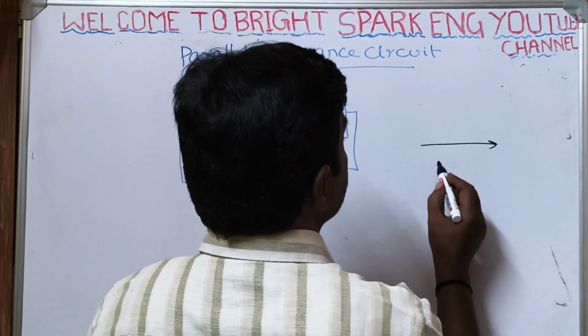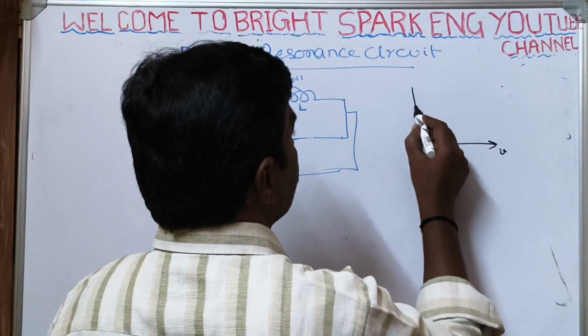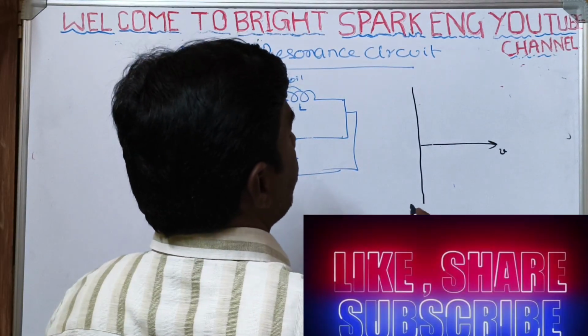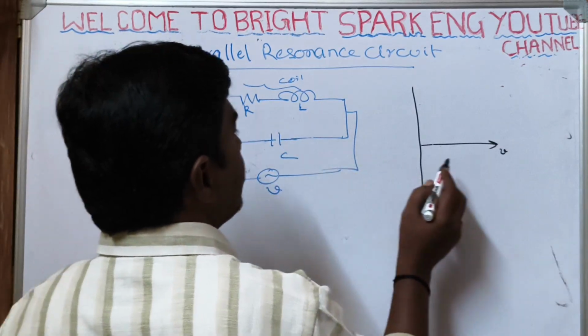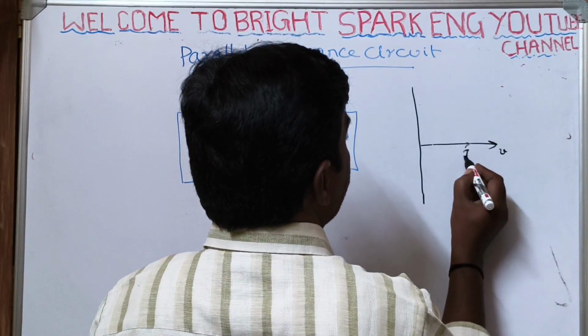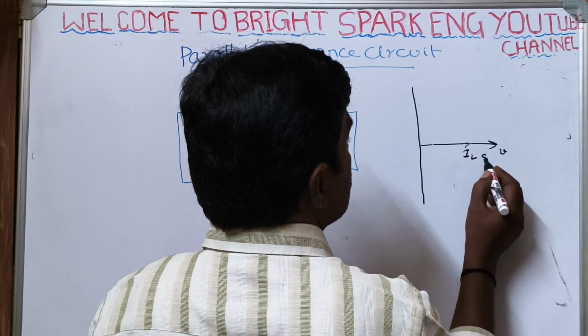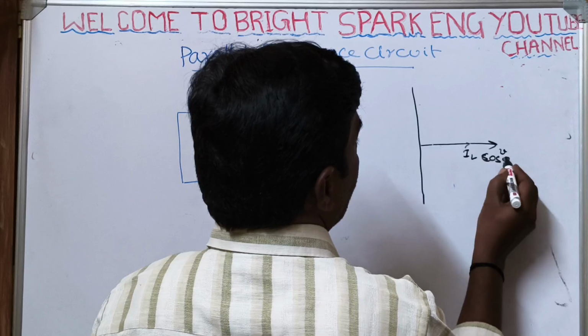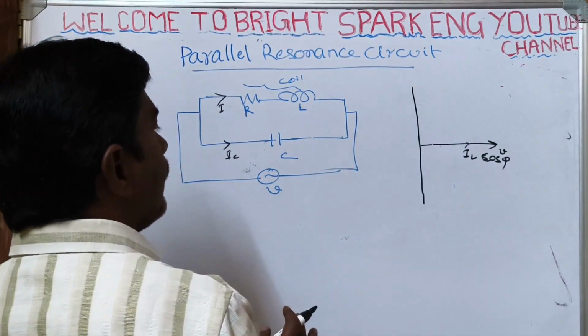Here take the reference, x-axis, y-axis. This is the VL sin theta. This is the IL cos phi. That means